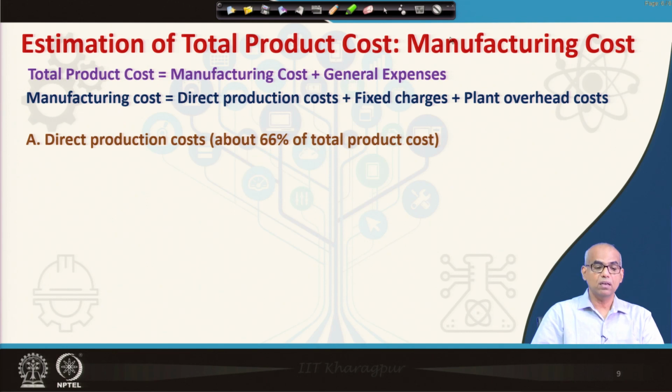So, we have seen manufacturing cost can be divided into three categories: direct production cost, fixed charges and plant overhead cost. Now, direct production cost or variable production cost is about 66% of total product cost,